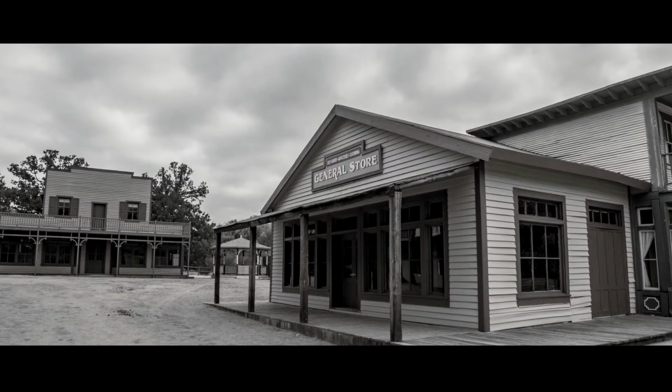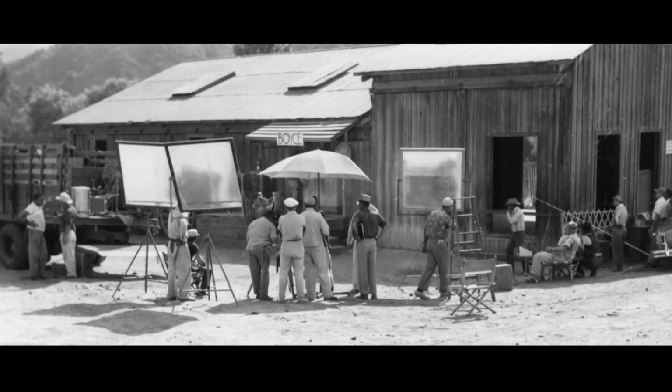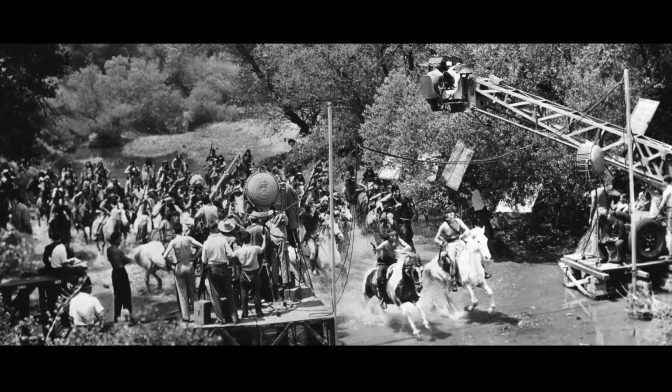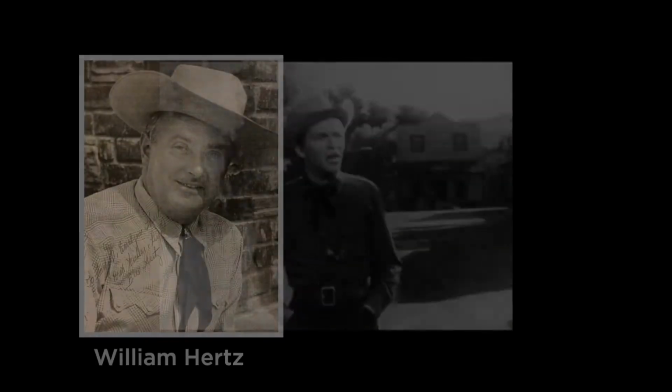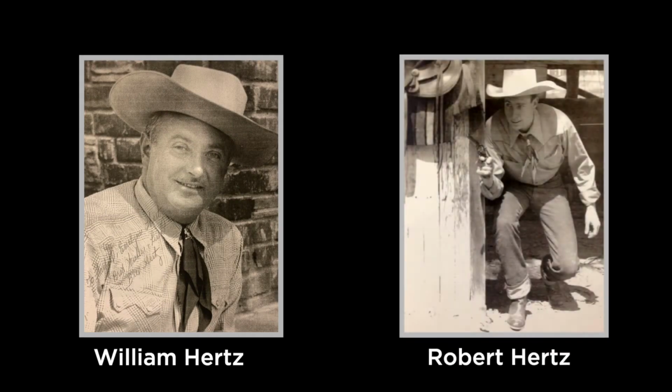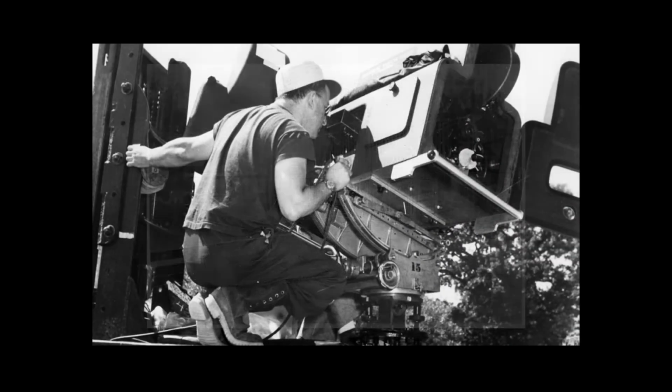They constructed simple, flexible buildings that were used for film and TV productions at the ranch for nearly a century. In the 1950s, the ranch was purchased by William Hertz and his son Robert. During the Hertz era, the Paramount buildings were modified for television productions, and the ranch welcomed the public to visit